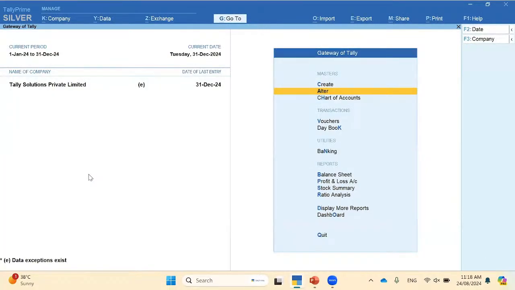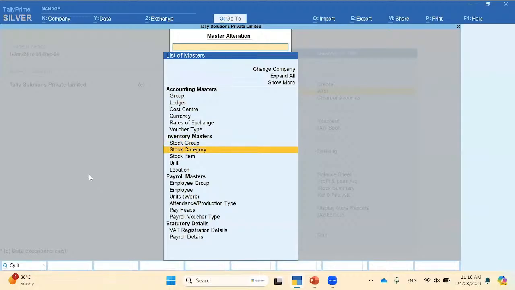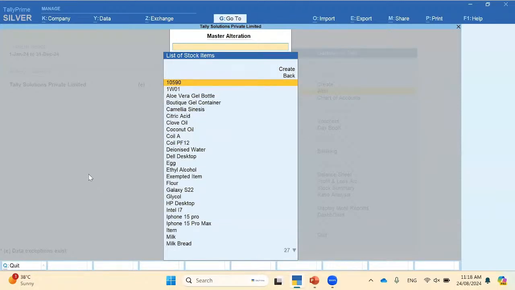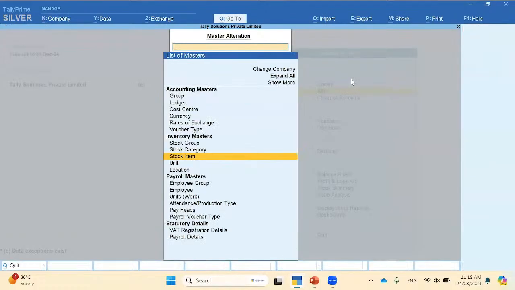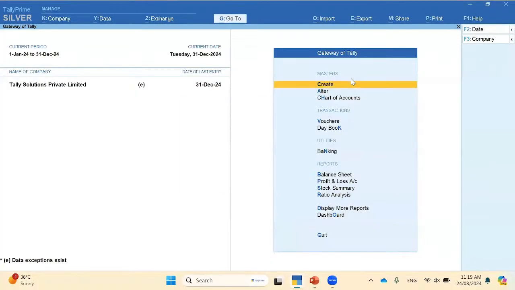Alternatively, it also becomes important for you to cross check and verify the taxability at the item level. For example, let's say I'll go to this particular item. Even at the item level, you have the option to configure the taxability. Depending upon their taxability, you can configure whether they are taxable 5%, zero rated, or exempt. Once you have done these basic setup and configurations in your data, now we can quickly get started with the